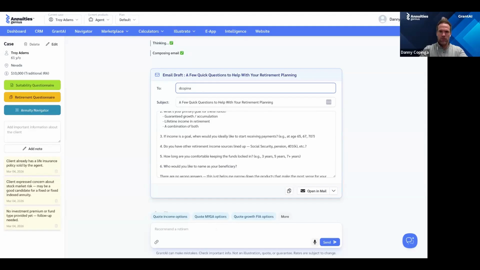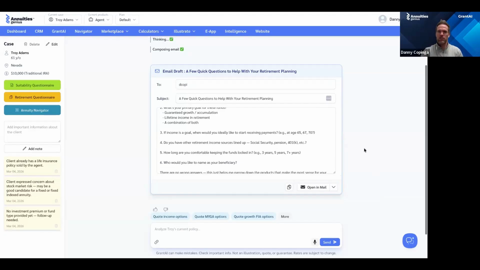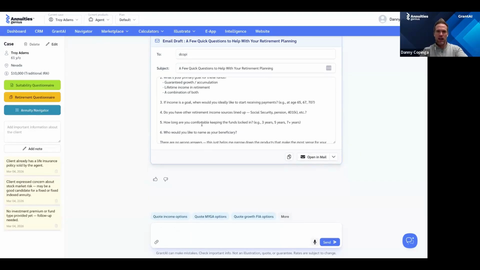I'll just put in mine. And then if I click open an email, it'll link up my own email or I can send in my Gmail account. So let's just imagine for demo sake, we sent back and he answered back. Now we're imagining, cool. So put your imaginary cap on. So we're imagining he sent back and he said, I'm going to say, Troy